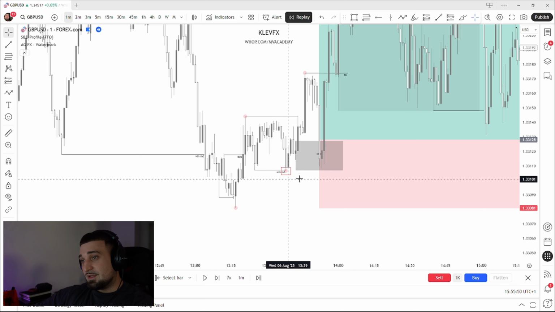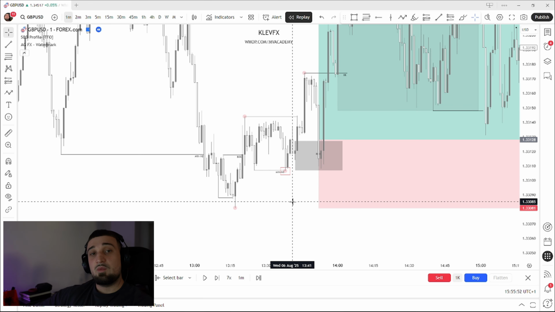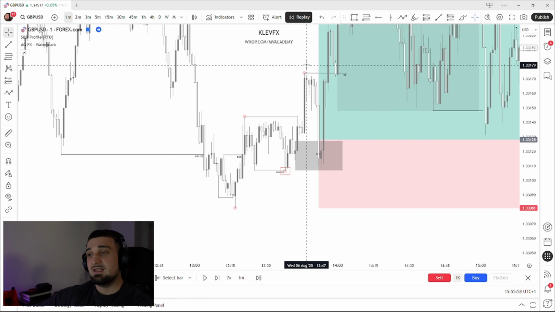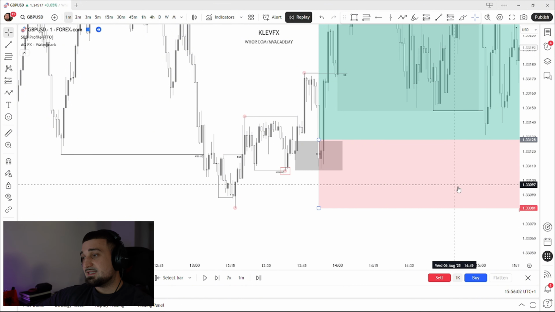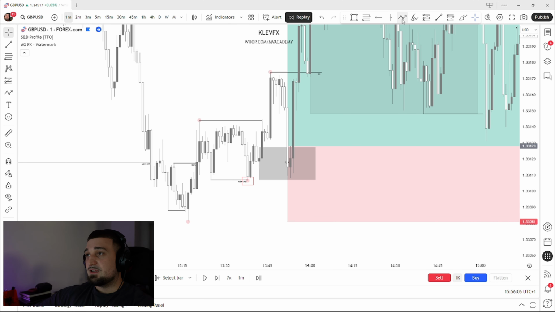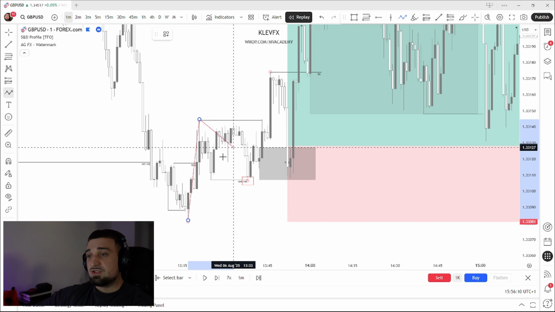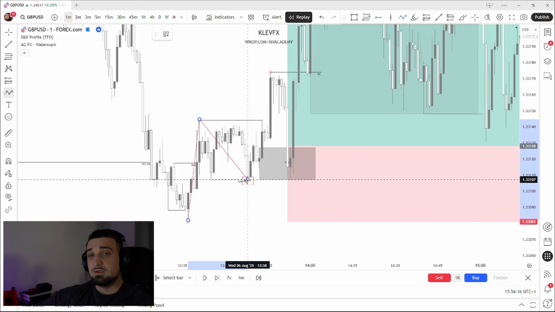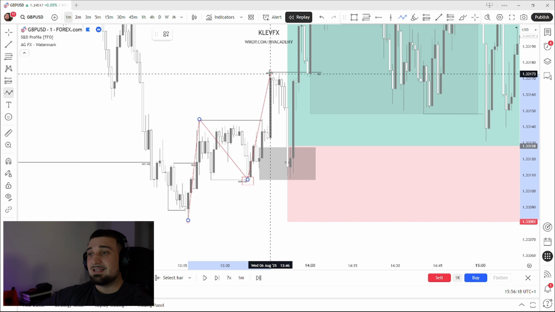Coming into a little bit closer to the New York session, what I wanted to see is one of my lower time frame entry models, which is the two-leg protocol, where price creates two legs to the upside. Then I mark out my RIFC, price taps into it and reacts for it. So what I've seen happening coming into this area is that I've seen price creating this one leg to the upside, having that retracement. So this whole area right now would be a retracement because it still didn't break this high. So having this retracement, so this would be the actual low of the retracement,